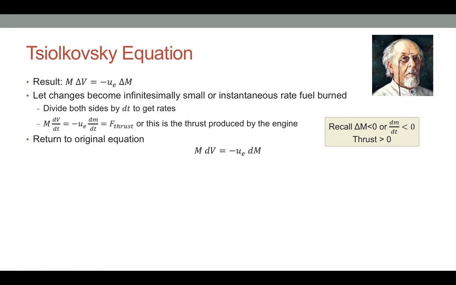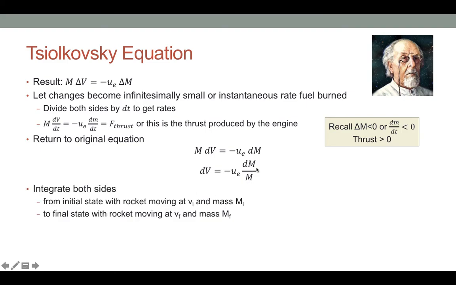Now let's return to the original equation, which is basically m times dv equals minus u sub e times dm. That is a differential equation relating small changes in velocity to small changes in mass. Divide everything out so I collect my terms together. Here I have all the velocity terms together, and here I have all the mass terms together, remembering mass is changing. Then what we're going to do is integrate this differential equation from the initial state to a final